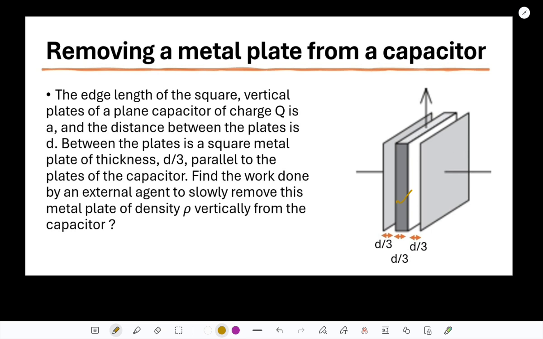That's right. Find the work done by an external agent to slowly remove this metal plate of density rho. Its density is given, volume is given, so I can find the mass. Find the work done by the external agent to slowly remove this metal plate of density rho vertically from the capacitor. This is the problem,